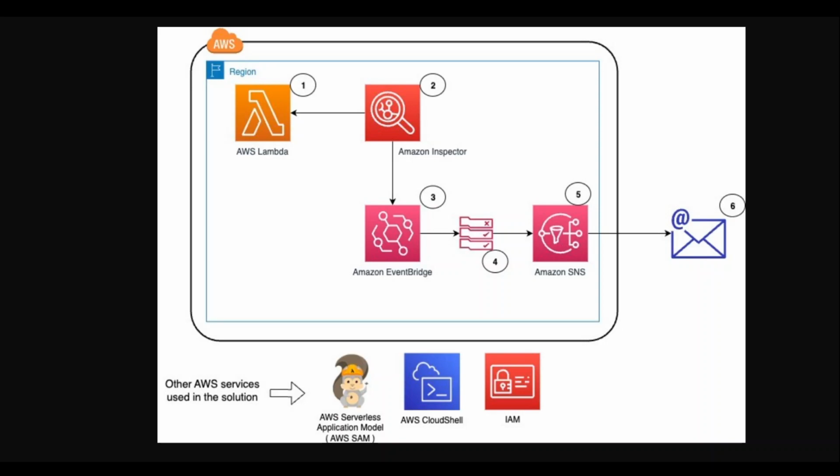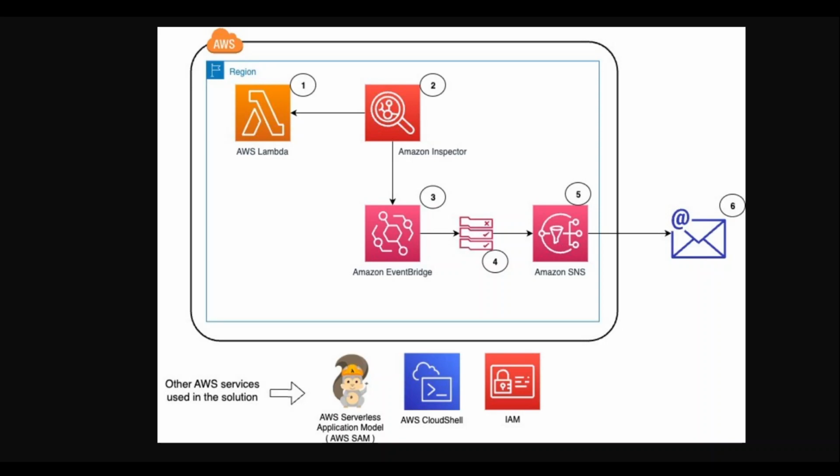Vulnerabilities are identified in the deployed Lambda function, and then AWS EventBridge receives the event from Inspector and checks against the rules for specific events. You can also filter the conditions. As you can see on this diagram, we have an EventBridge rule which exists for Inspector findings, and the target is defined as an SNS topic to send an email to the system operations team or whoever is responsible for it. The EventBridge rule invokes the target SNS topic with the event data, and then an email is